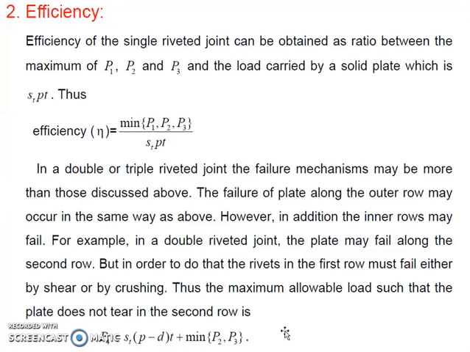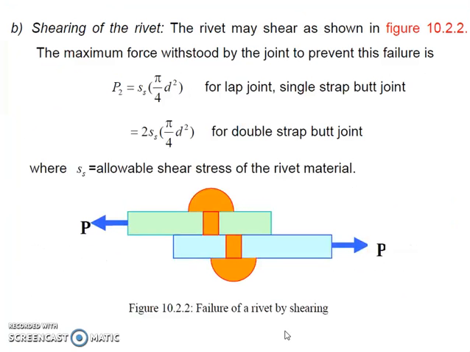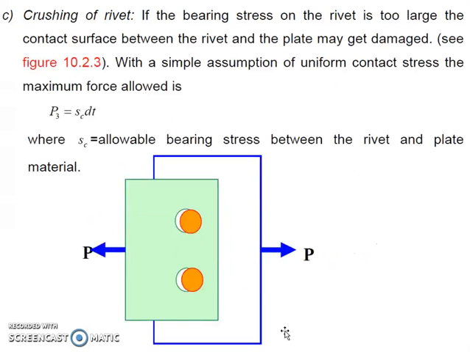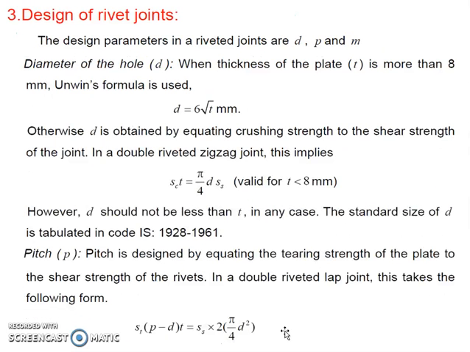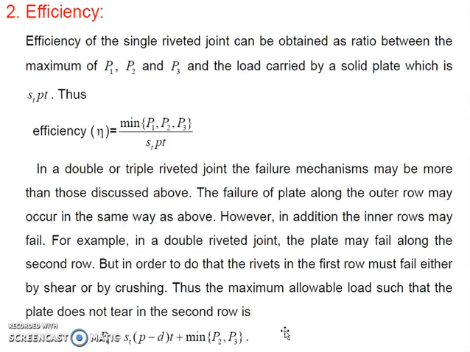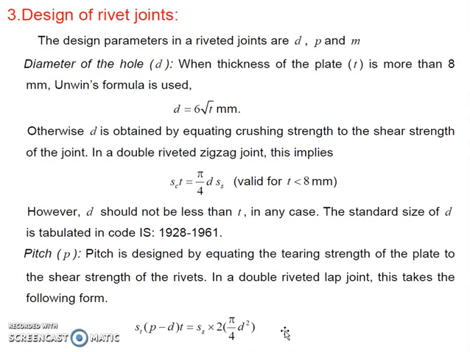So the second and third failures here were the shearing of the rivet, given here as P2 equals SS into pi by 4 D square, and the crushing of the rivet, given by this formula, P3 equals SC into D T. And therefore, that is the formula. Now, looking at the design of the rivet, the first thing we are going to follow is the